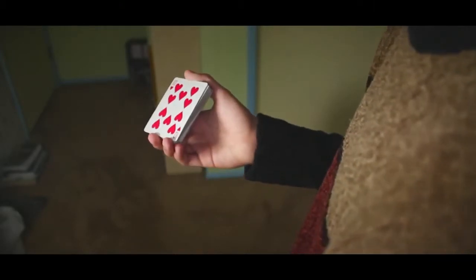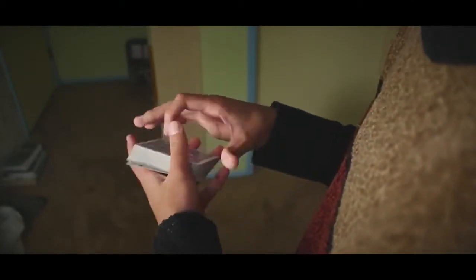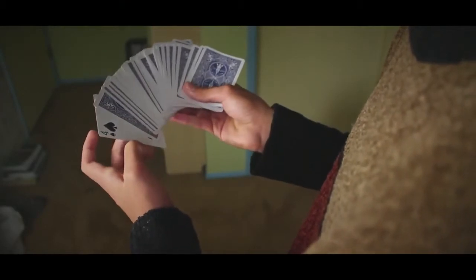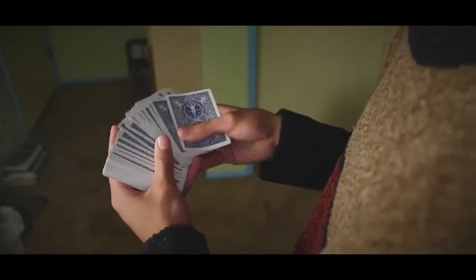So here's the explanation for the effect you just saw. The secret's really simple. All it is, you take the bottom card and reverse it. So all the cards on top of it are face down, and the bottom card is face up. There's the secret. From here, you can get any card selected from the center, and I generally say make sure